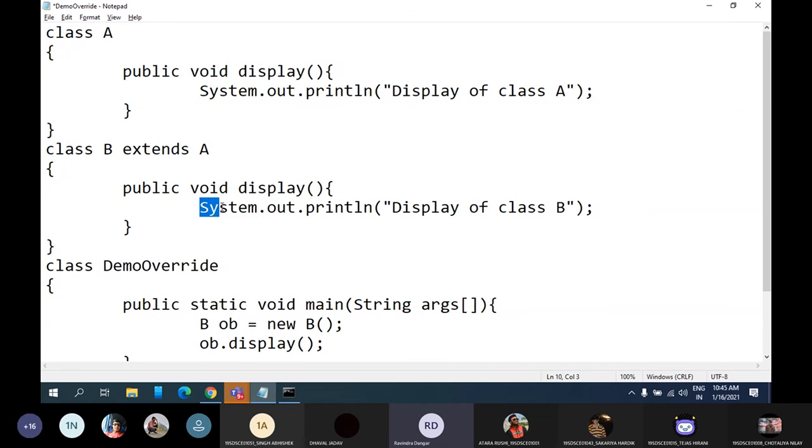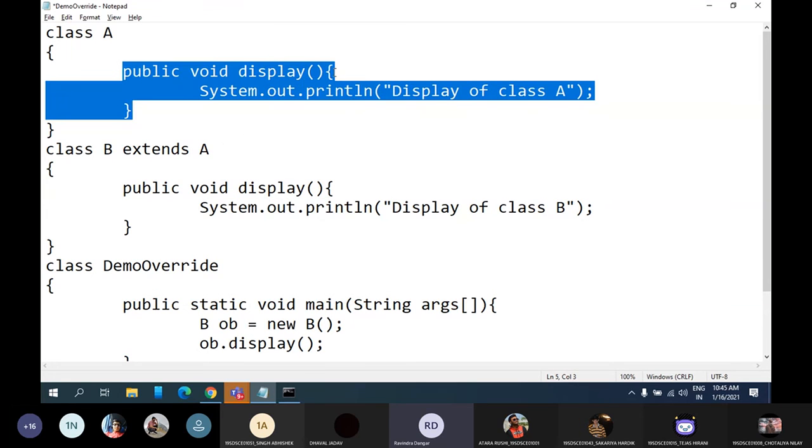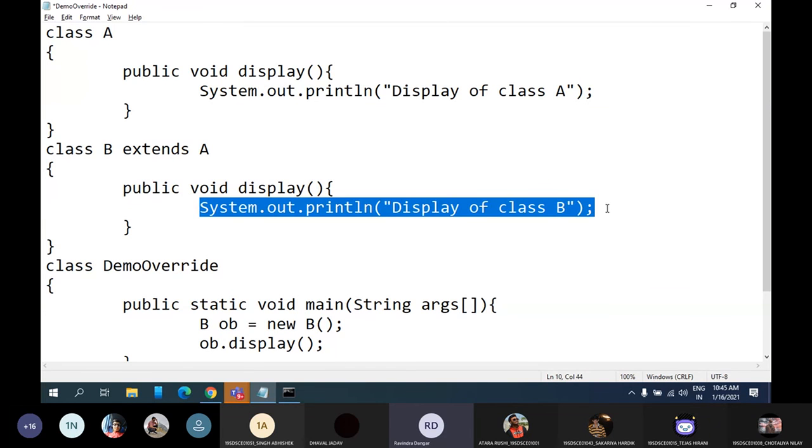And that different logic I have placed here, if you can see. And so whenever you have certain requirements where for the same method of superclass, if you want to add your own logic, if you want to add the specific implementation, in that case you can always define the same method with same parameter in the subclass and just go with the different logic.